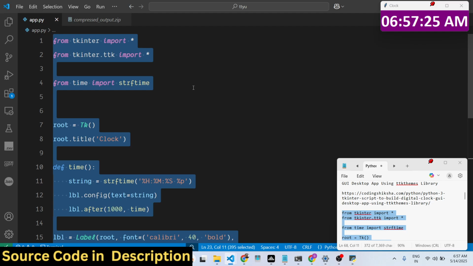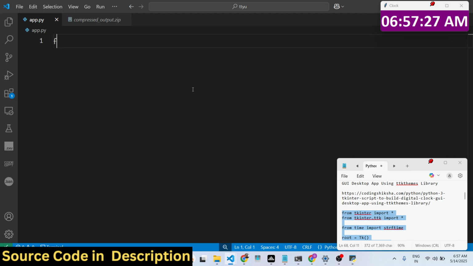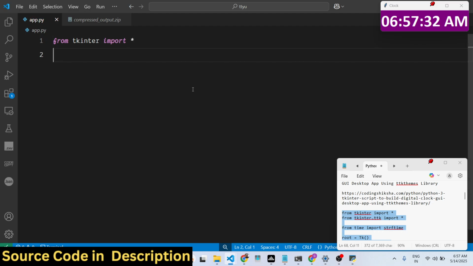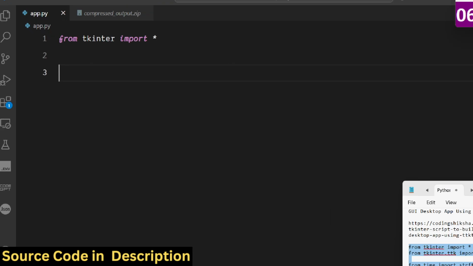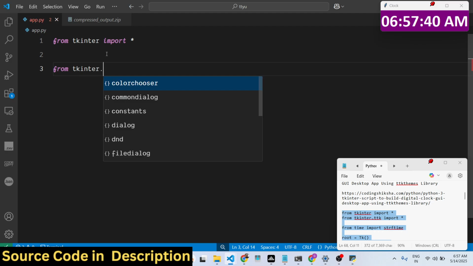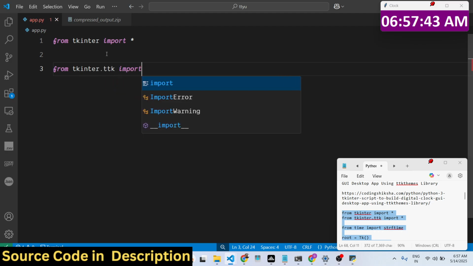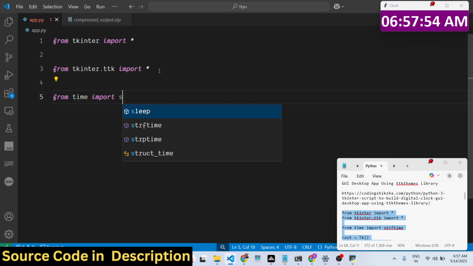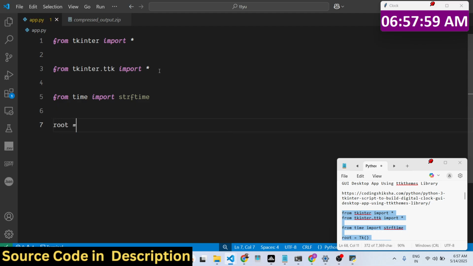So all the source code is given in the description. So first of all, you need to import the Tkinter module and it's built in inside Python. So you import this like this. And also we import the custom theme of Tkinter like this. After that, we use the time module inside Python, and from this we import this specific method to display the time, and then we initialize the window like this tk,